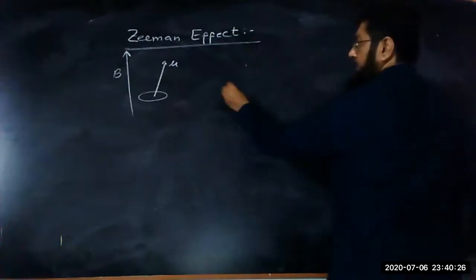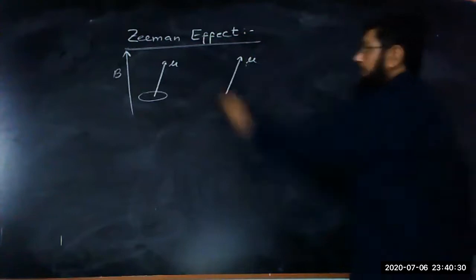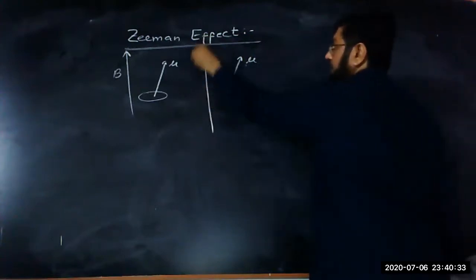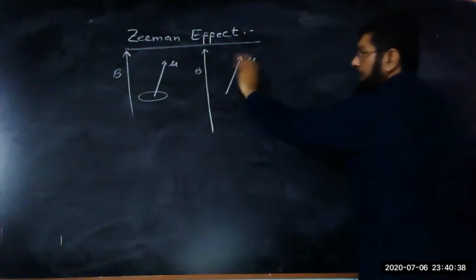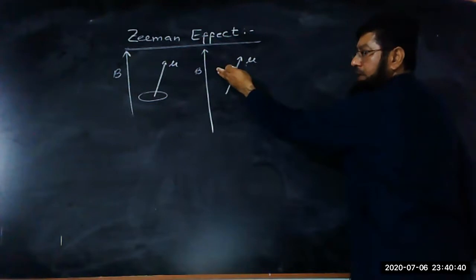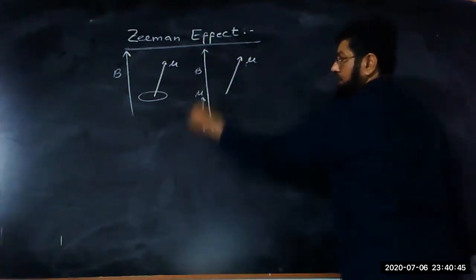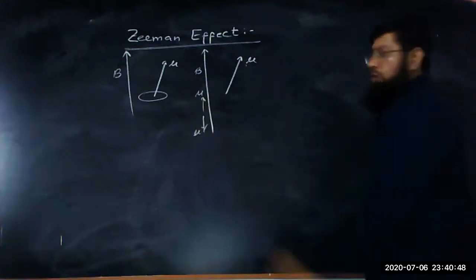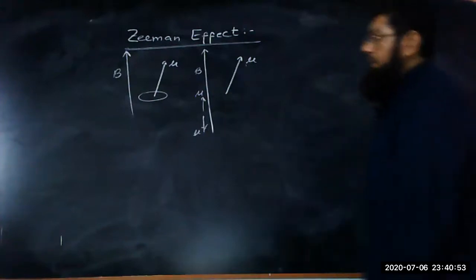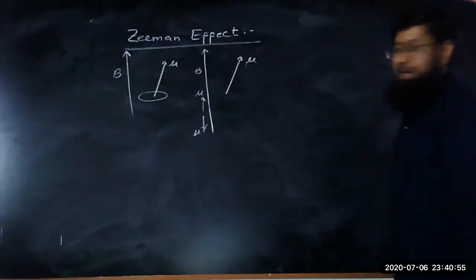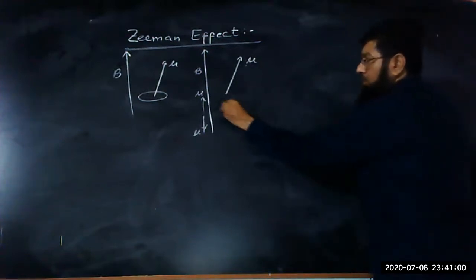as a result it will try to align in the direction of the magnetic field. Here, if we see that this is a magnetic moment μ, and it is inside a magnetic field, this is the direction of the magnetic field B, so this magnetic field tries to rotate this magnetic moment in the direction of the magnetic field or opposite to it. In the direction of the magnetic field we call it the minimum energy, and in the opposite direction we call it the maximum energy. So here, as a result, a torque is produced,